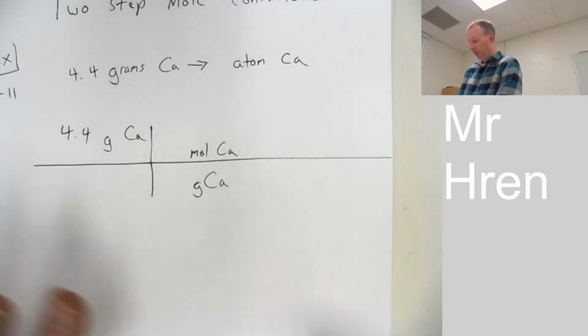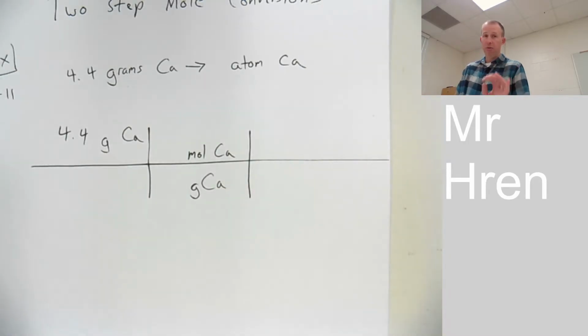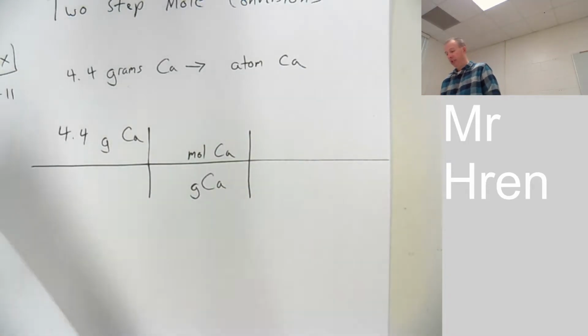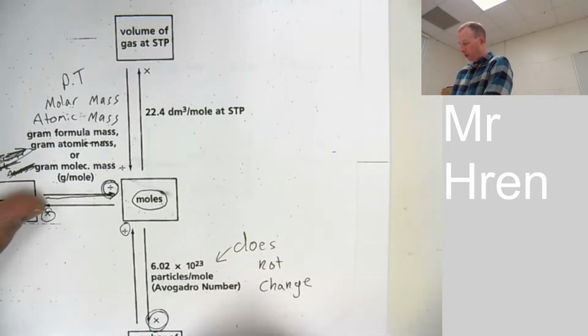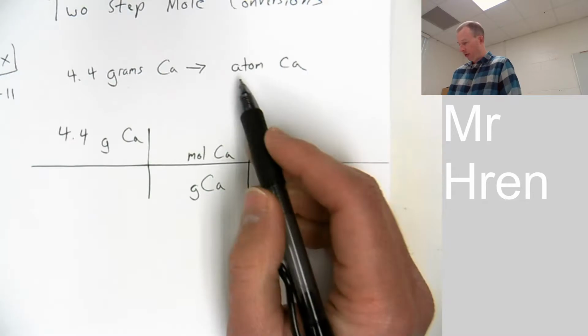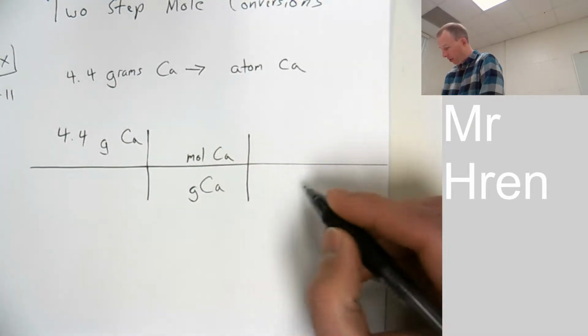And I'm going to go back and fill in the numbers in a second. This is why the units are so important. It's so important that you write it out just like this. Now we're at moles. We're going to go to atoms of calcium, because remember, the thing it wants is atoms of calcium. So you're going to copy moles down